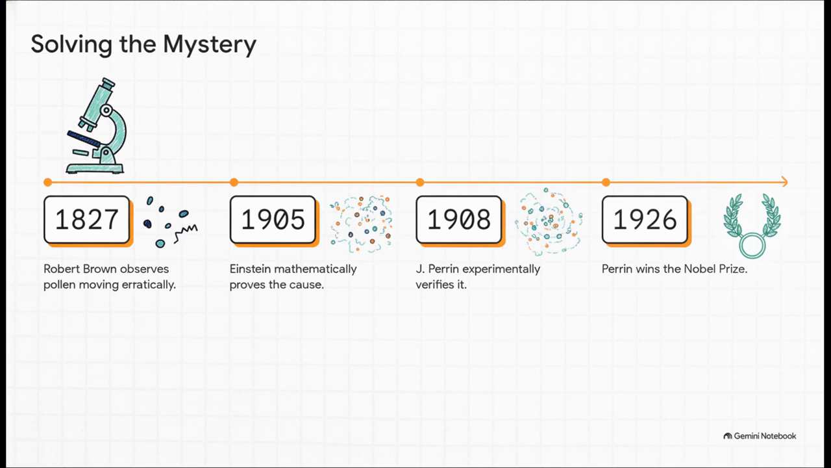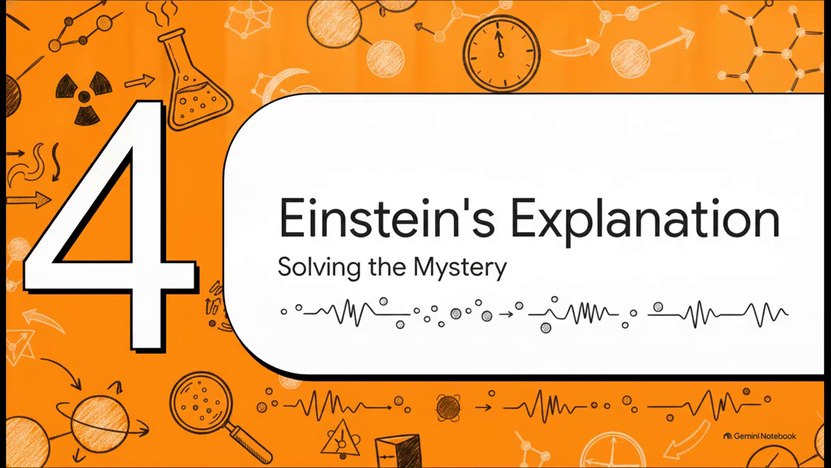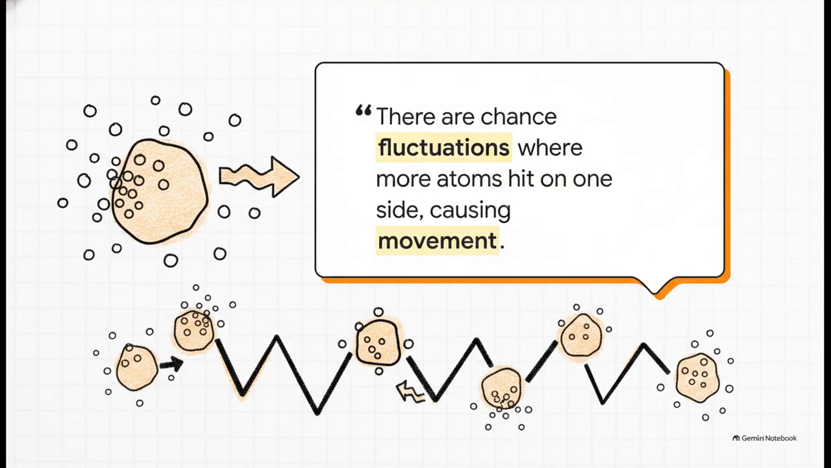It wasn't until 1905 that someone finally solved the puzzle. And that brings us to Section 4, Einstein's brilliant explanation. The scientist who finally figured this out was a 26-year-old Albert Einstein. The year 1905 is famously known as his miracle year, and one of the vital papers he published was actually on Brownian motion. Einstein realized that if the kinetic theory of matter was true,